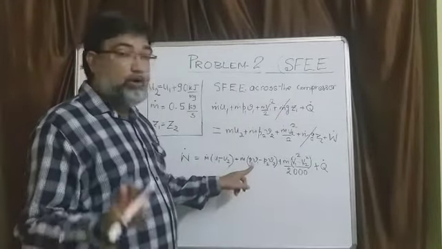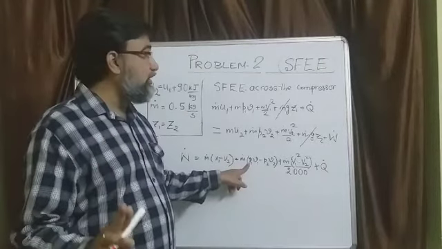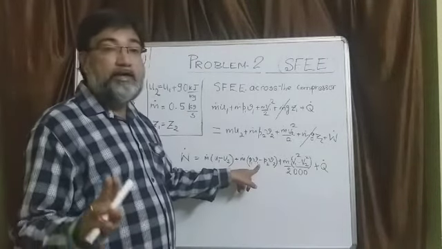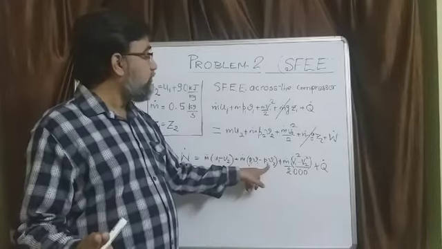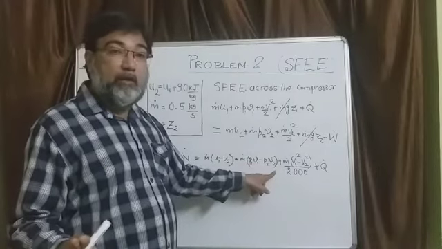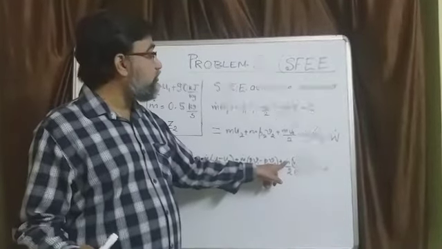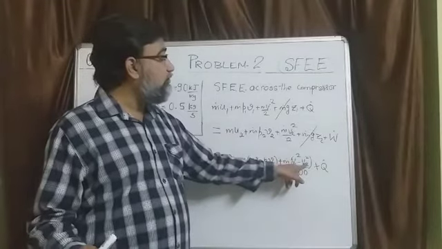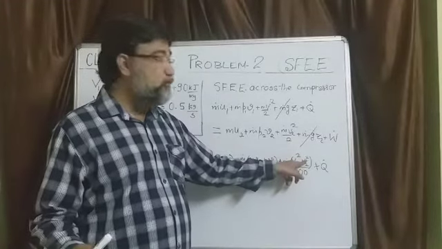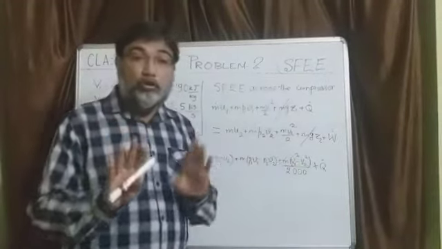Then p1, b1 are known to me. In place of p1 I will write 100, and b1 I will write 0.95. Here I will write 700 and 0.19. Here I will write 0.5, 7, 5, 7 square minus 5 square. And here in place of q dot,